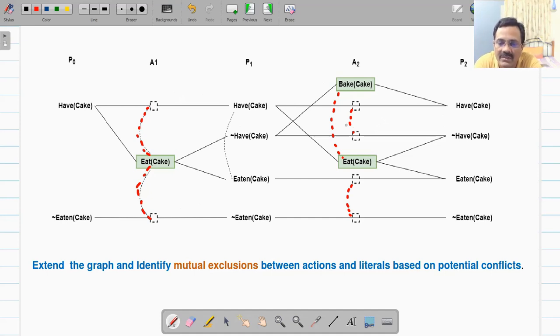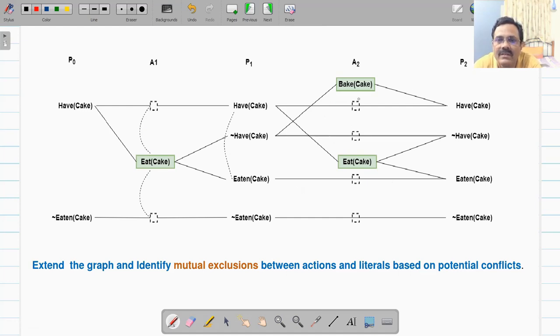Now the third type of mutex links is interference. So what is interference? If one of the effects of one action is the negation of a precondition of another action.